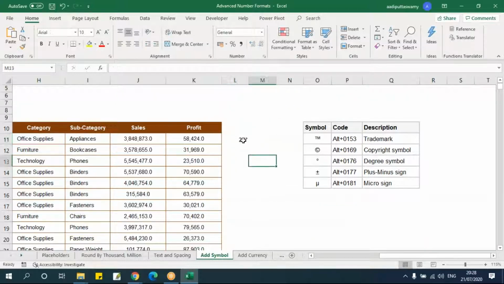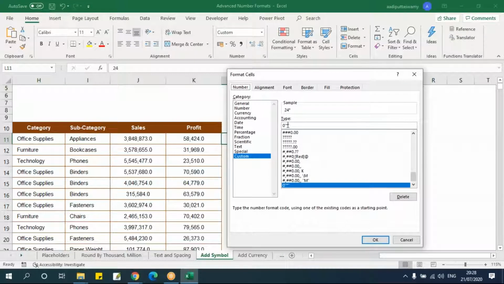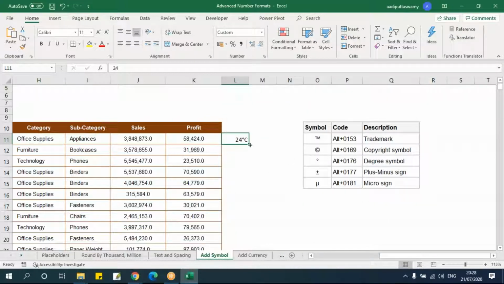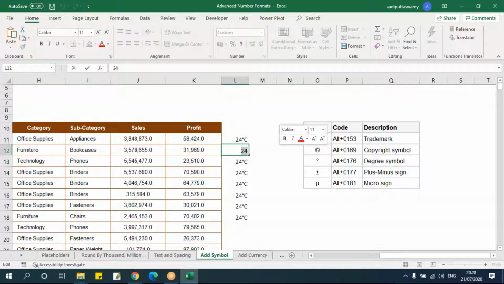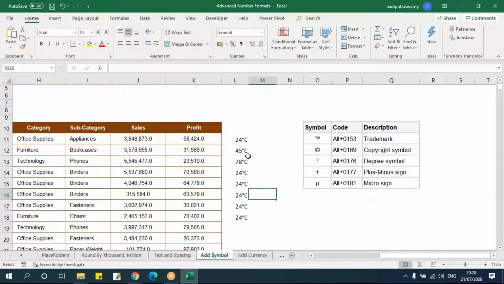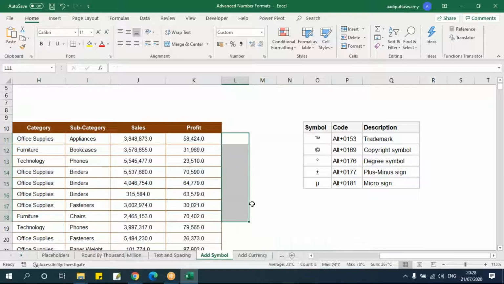Say I'll get this symbol. Then I can go here, control 1, see. So I can just put some values here, say 45, something like this. This is a symbol. Similarly, I can also give symbols for positive and negative numbers as well.